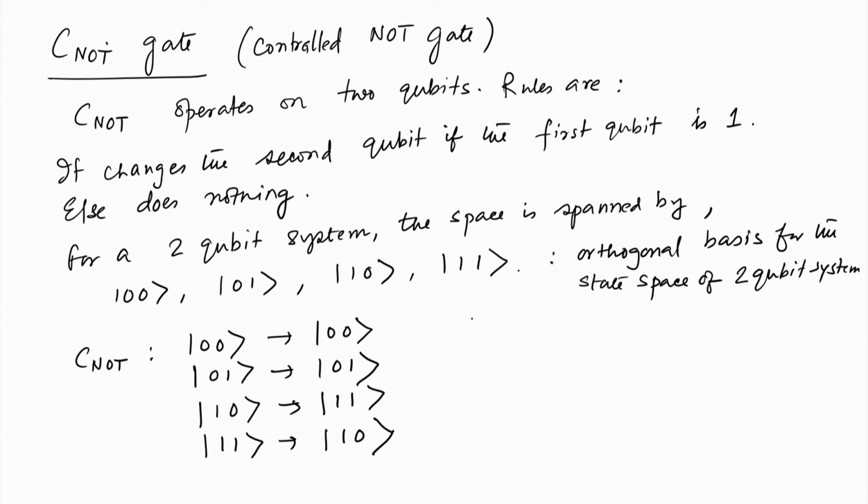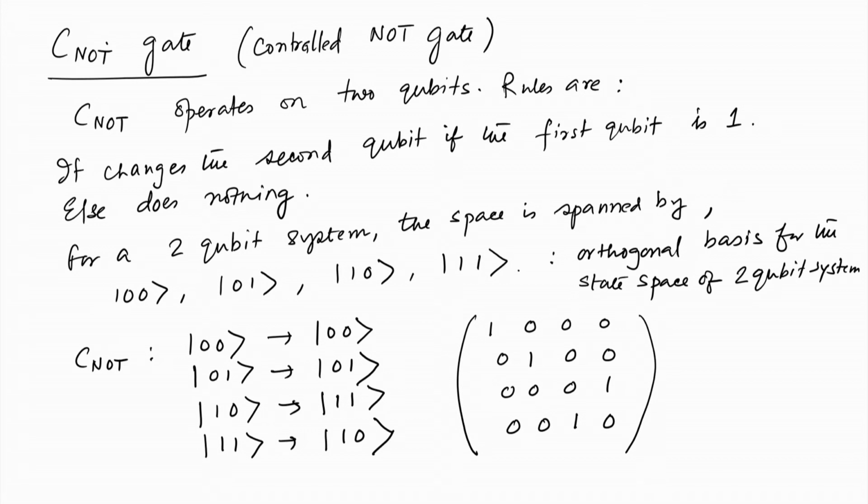So, the 4 by 4 matrix form is 1 0 0 0, 0 1 0 0, 0 0 0 1, 0 0 1 0. That is the matrix form of this C0 gate, and